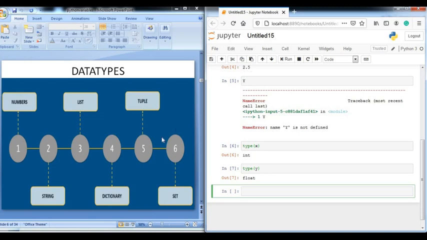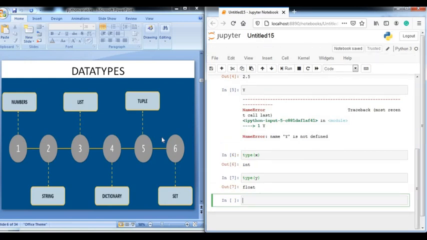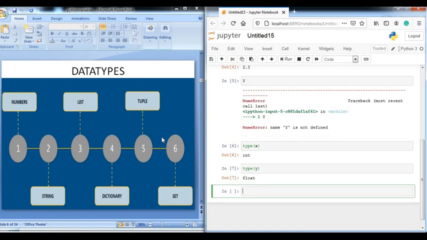Okay, so coming to data types, there are basically 6 types of data types in Python. First one is numbers, second is string, third is list, fourth is dictionary, fifth is tuple, and last but not least is the set data type. So let's discuss one by one.